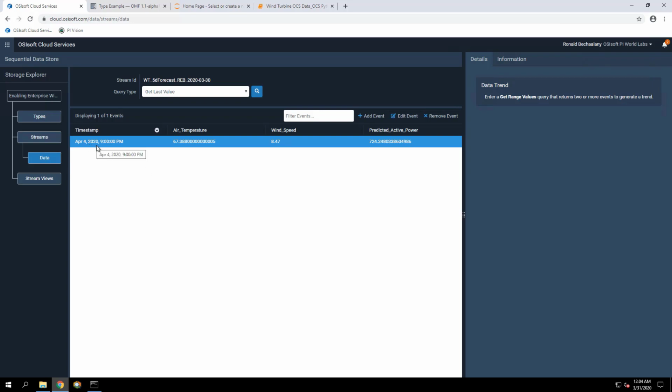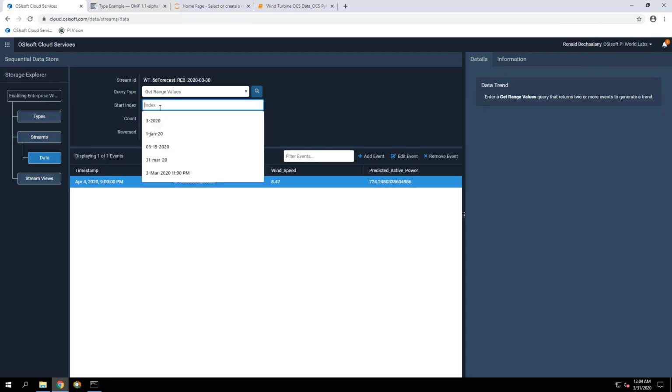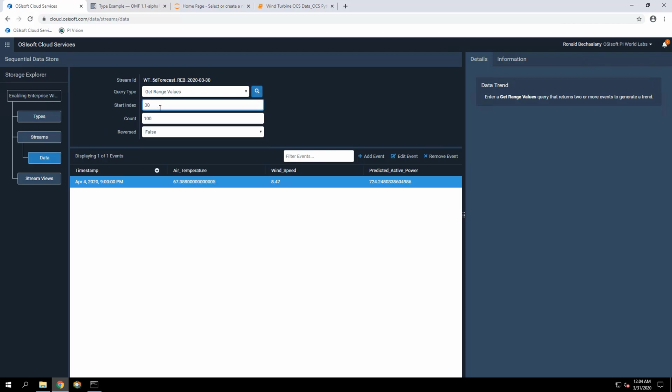So you can either check the latest value, or you can also check a range of values. So you can put a start index of today's date or the date at the moment. So this is 3rd of March 2020. Let's say at around 11 p.m. in this case.